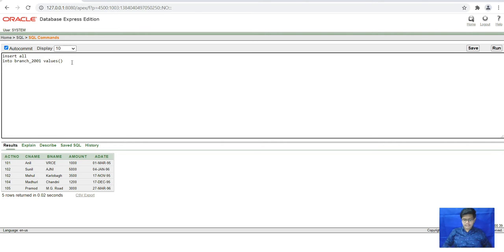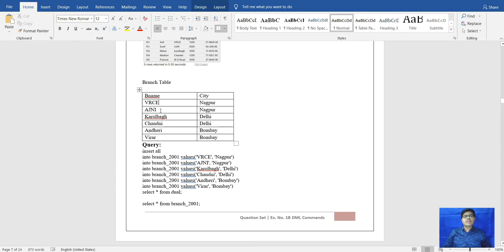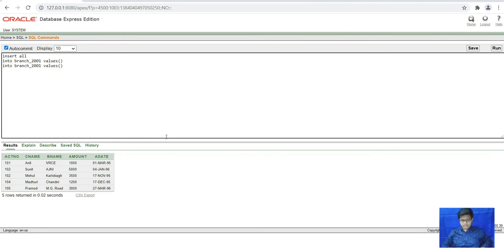How many values we have? Let's check here. 1, 2, 3, 4, 5, and 6. Select star from dual. So we will enter the table details here.